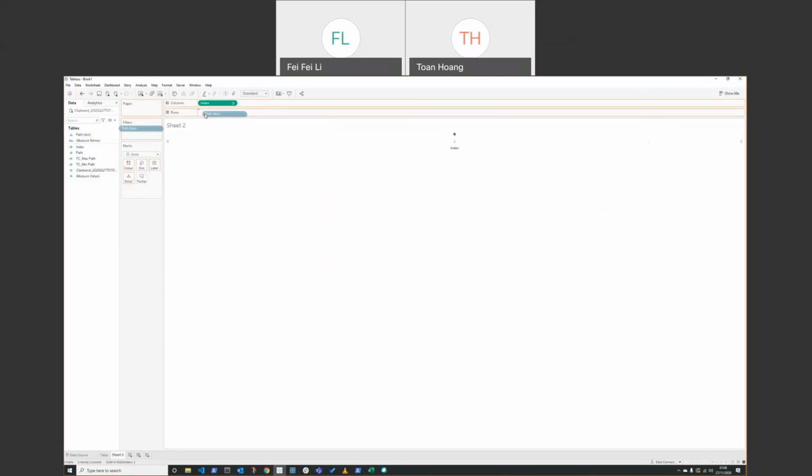However, if I bring my path in and missing values, you can see I now have a lot more points. I'm going to take this and drop it into detail because I don't want to show the path in, but I want it to be included in the